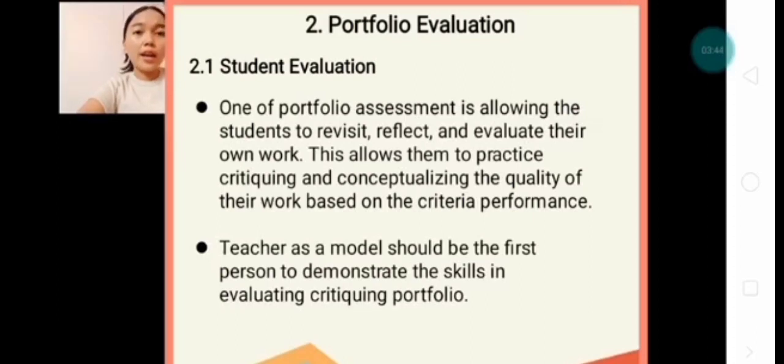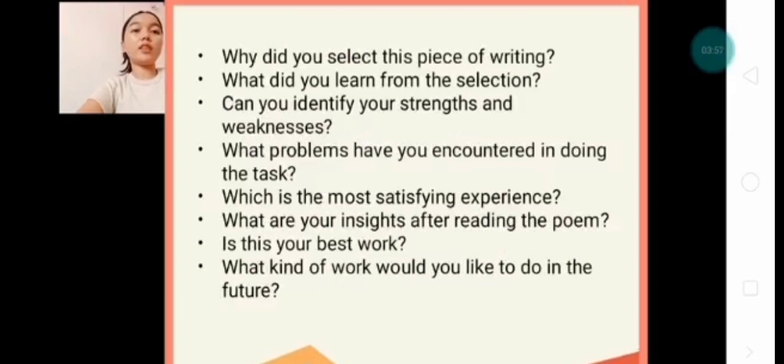Okay, so as a teacher, the teacher as a model should be the first person to demonstrate the skills in evaluating and critiquing a portfolio. So these questions will serve as a guide for students to reflect on their own work. There are some questions that can be asked to facilitate student reflections for individuals' works, which give insights into how students have been reaching the learning